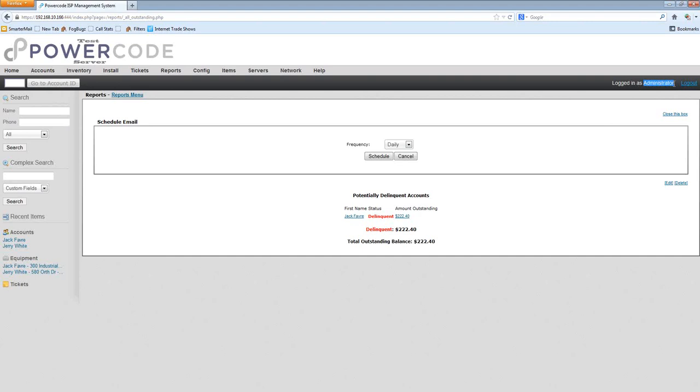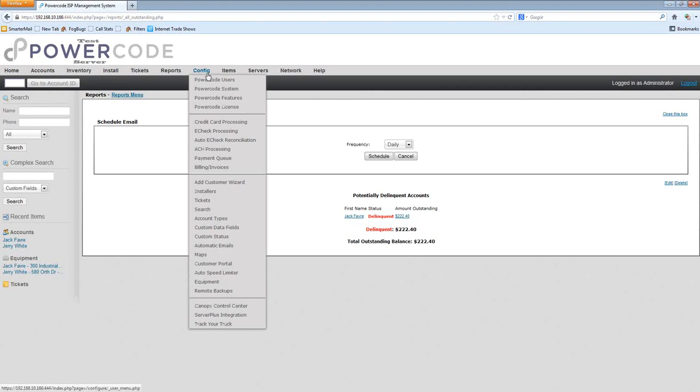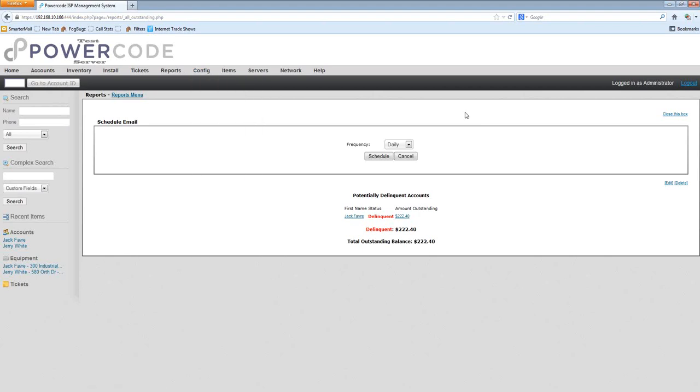So in this case it's the administrator. Now to be sure that you are getting this report, you would just go into config PowerCode users, select your user, and make sure your email account is on your user account in PowerCode. So then you can select if you want this to be emailed to you.